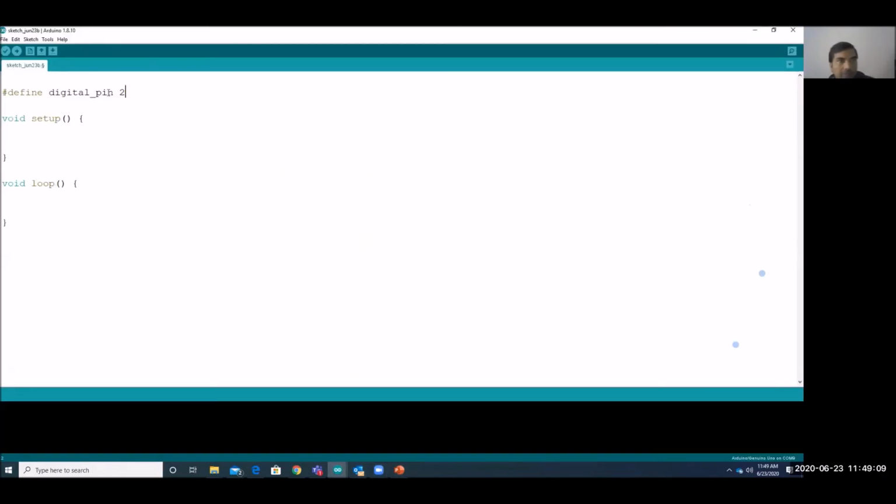I have given digital pin 2, and now we need to declare one variable also. We can declare int digital val. This will be the digital value. I have given one integer variable, and now we'll define the pin.